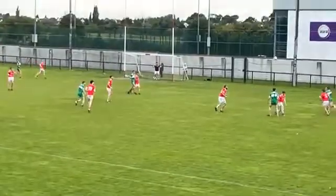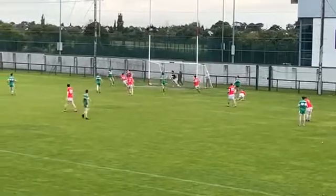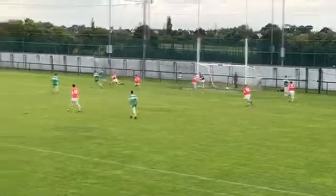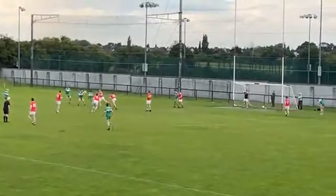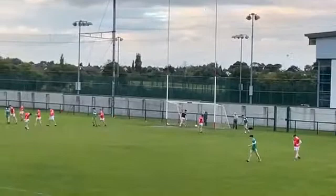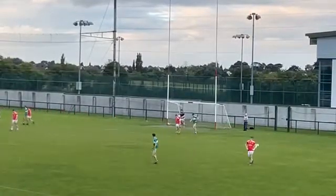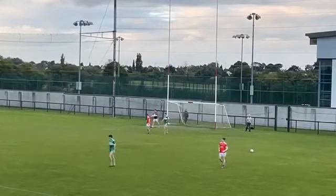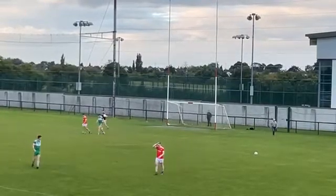The referee has the hand up. It's going to be a free in, but he's played onto Marty. Runs in across the goals, but it's over everyone's head. Trim have the numbers back there, and it could just be a point here. They're going to run out of road here. Bective are obviously trying to play a goal here, and eventually they do go, and they do take the point, and they chip it over. And we're just going into injury time, of which there may be 4 or 5 minutes after that injury,